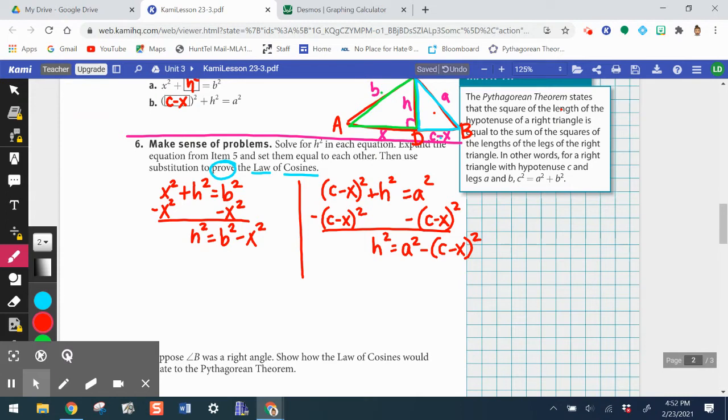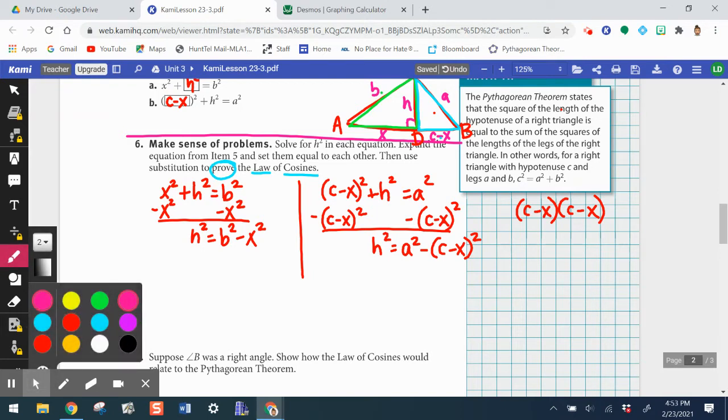In other words, show what c minus x squared really is. So when we say c minus x squared, we're really saying c minus x times c minus x. Now, the method I'm going to show you today is what I refer to as the FOIL method, distributive property, however you want to look at it. There's multiple methods that you were to learn in Algebra 1, but this is by far the simplest that I